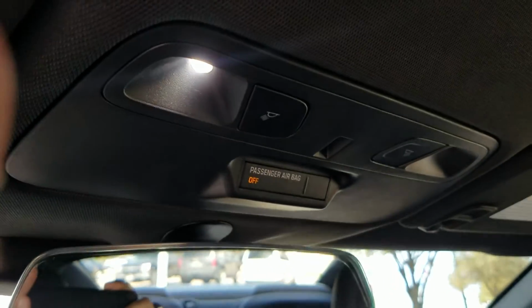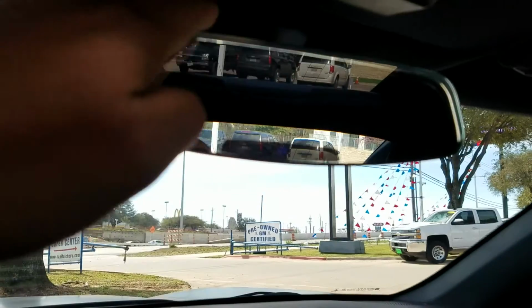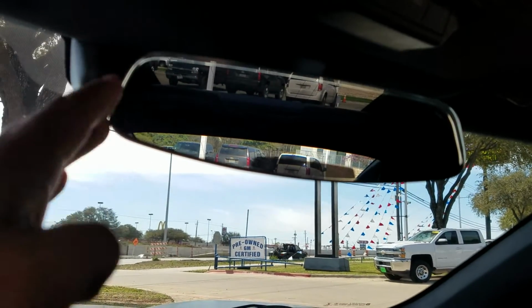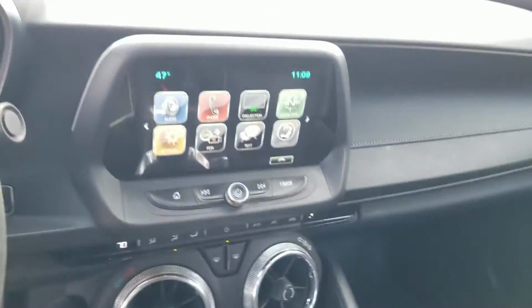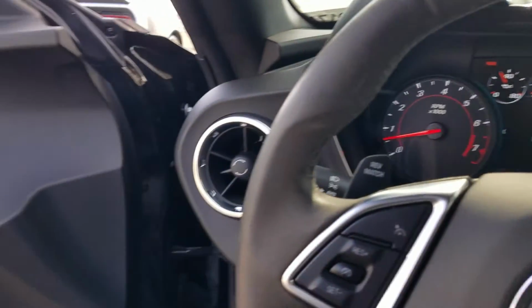You have LED lights everywhere. And then I love that we incorporated the rearview mirror without any trim on the outside, so it kind of looks a little more elegant. But fantastic car. If you've seen any YouTube videos of the 1LE, basically breaking a lot of records, so best bang for the